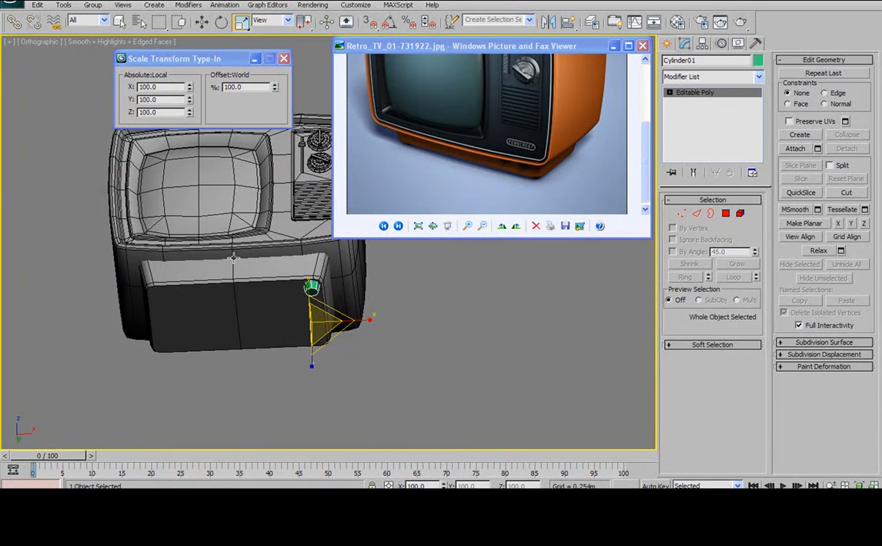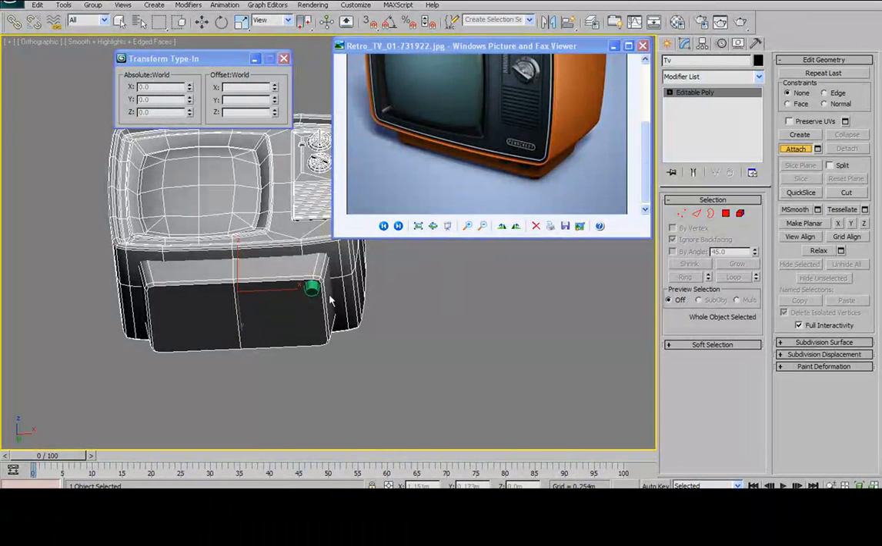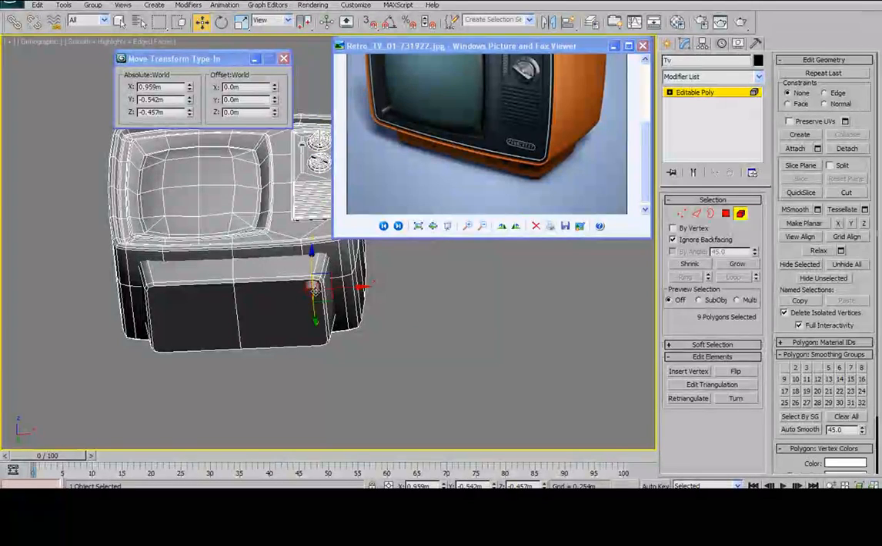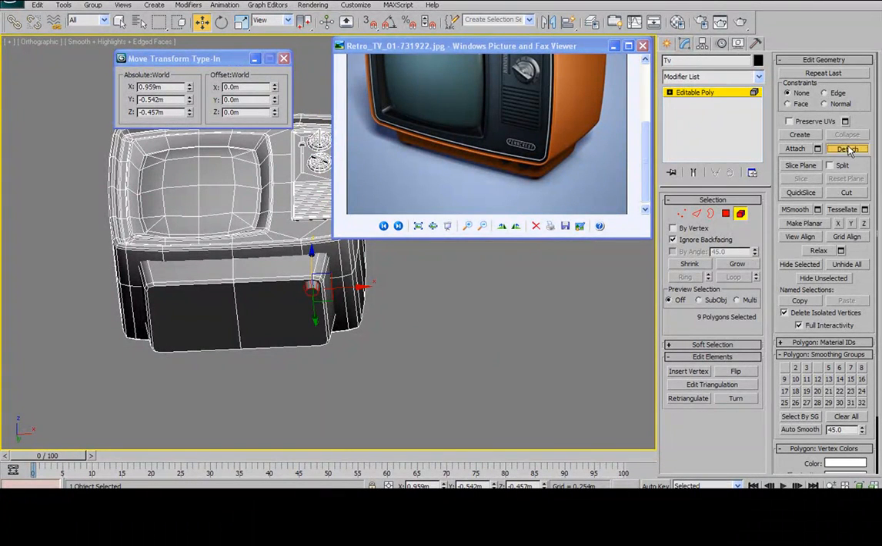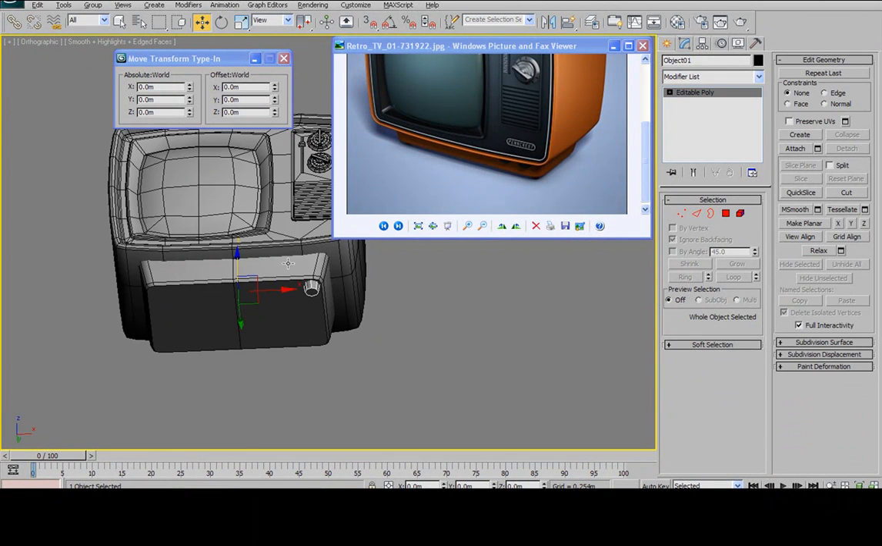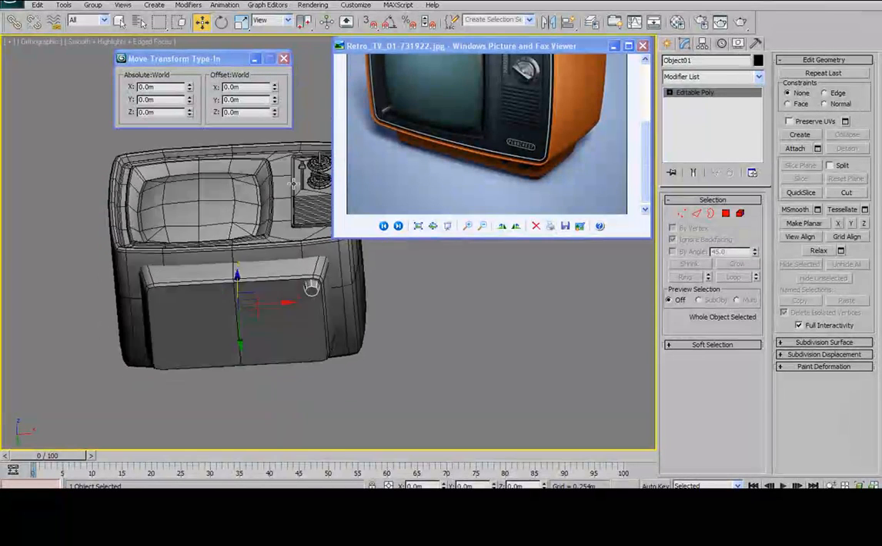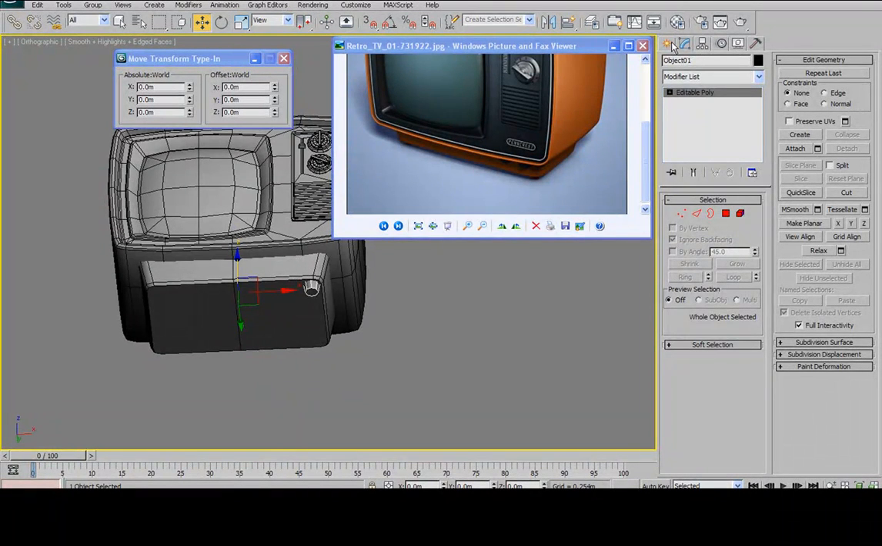So I'm going to select the TV, I'm going to say attach, and grab the foot. Then I'm going to take the foot, select by element, and say detach. Why? So that the foot has now inherited the pivot point of the TV. So now what I can do is I can go up here to my Modify tab,